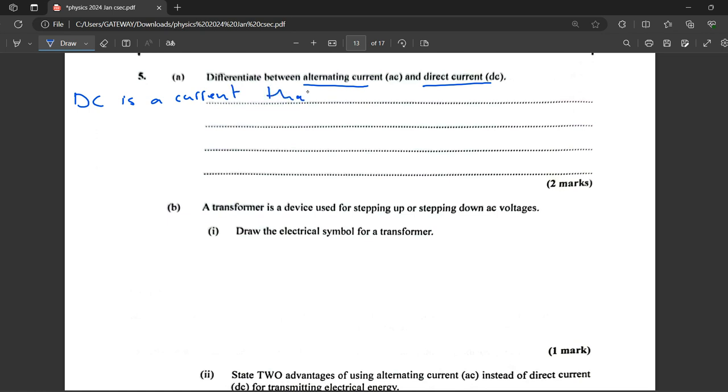that travels in one direction, right? And has a fixed magnitude, right? Whereas